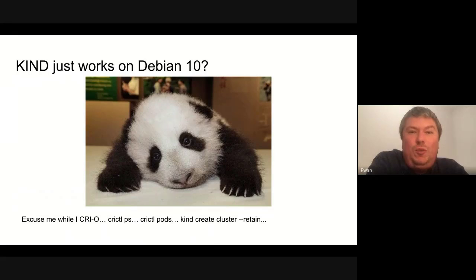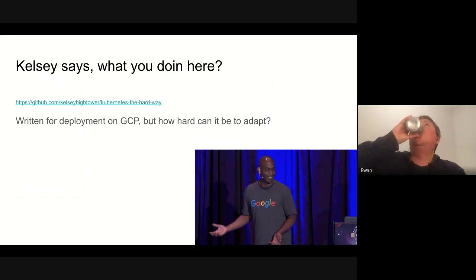My hope was that kind would just work at this point, right? And it would spin up on Debian 10, and yeah, sad panda. There was a fair bit of standing up kind clusters. The retain flag there is the way that with kind you can make the cluster persist if it doesn't stand up successfully. I dug around a bit more into why this wasn't starting, but eventually kind wasn't getting success in the timeline I wanted, so I decided to go back